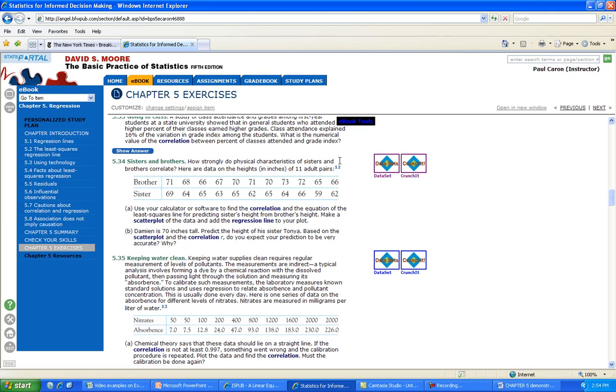So how strongly do physical characteristics of sisters and brothers correlate? And these are the data of height in inches. So we have brothers and sisters. So we want to find the correlation, and we want to find the regression line. And we also want to find the equation of the regression line. So we're going to go to our